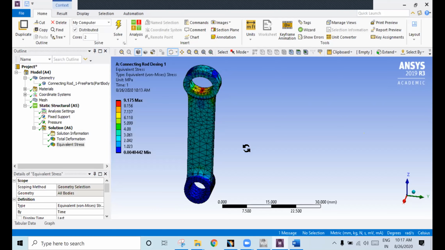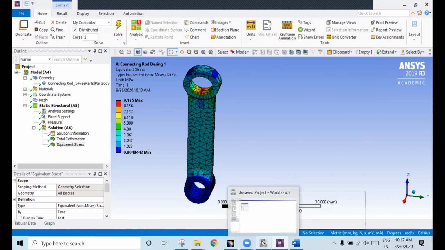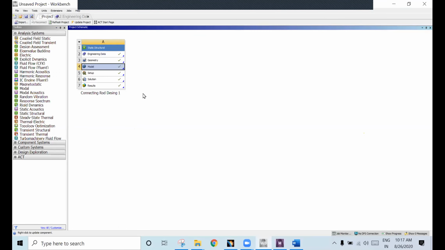Got it. Okay, so you can save the project. How can you save? You just close this Mechanical APDL. Whatever project you have done, close it and go to this project page. First I forgot to explain this. I will again open this mechanical model.